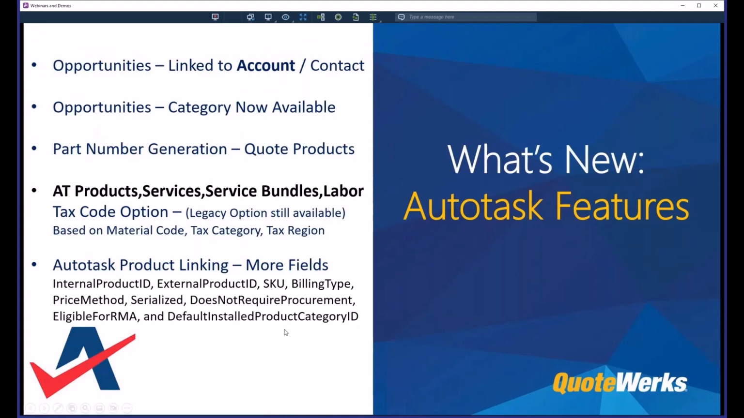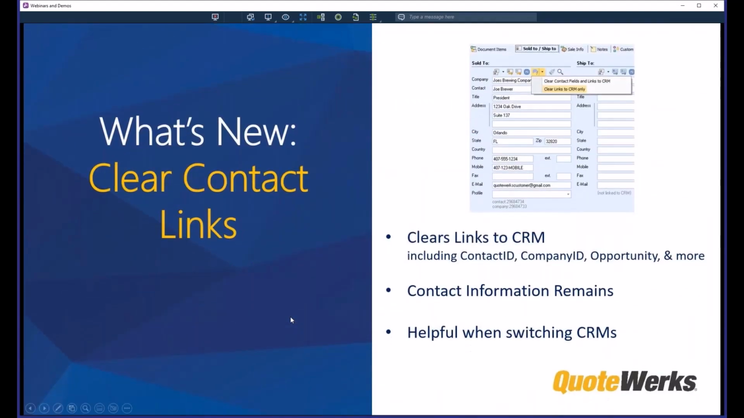Also now, we've added a functionality here that makes it really easy to clear contact links. We had the ability to basically clear the sold to, shipped to, and billed to completely. But what we've done now is we've made it so it can clear the contact links. So basically what it does is it clears the links to the CRM, like the contact ID, company ID, opportunity, and anything else that we're linking back to the CRM for. The contact information would still remain here, but we're going to clear out the contact and company IDs here